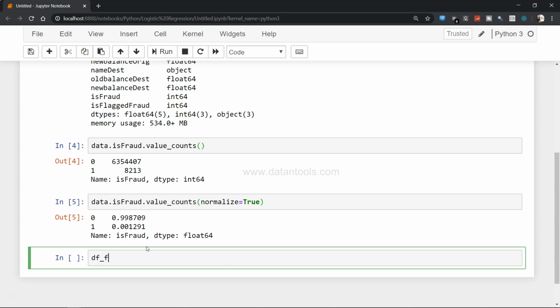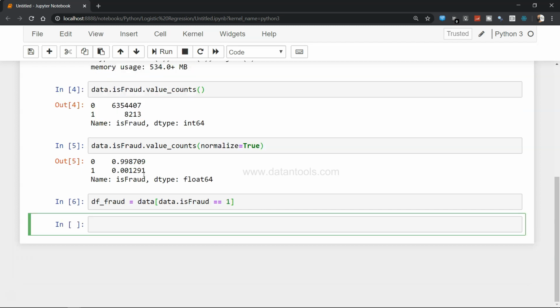So first, let me create df underscore fraud, which I can slice using data dot is fraud equals to 1. That means give me all observations where the fraud value is 1, that means the 8213 rows. And df underscore no fraud equals data dot is fraud equals to 0.